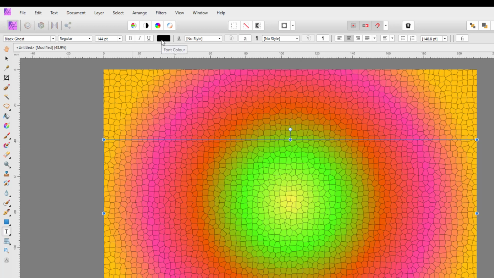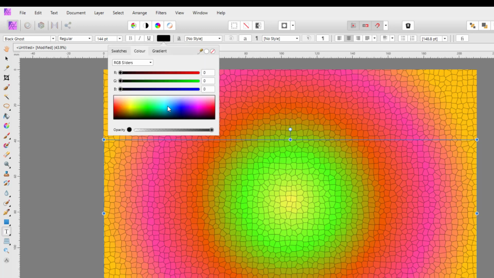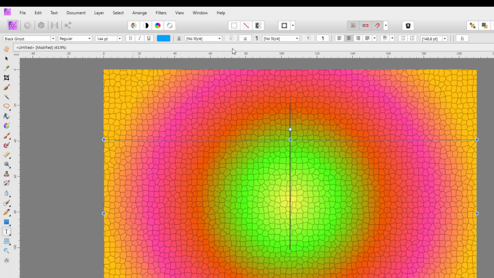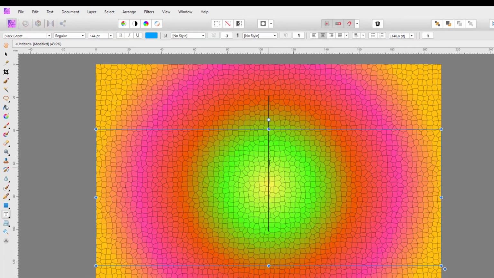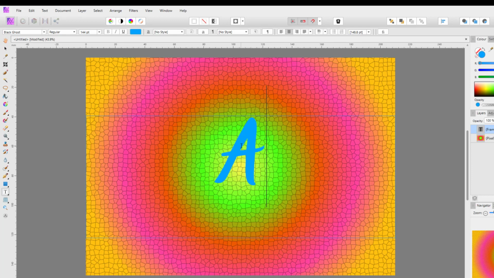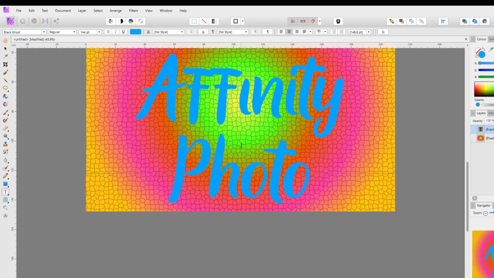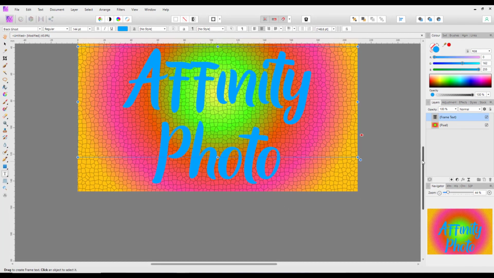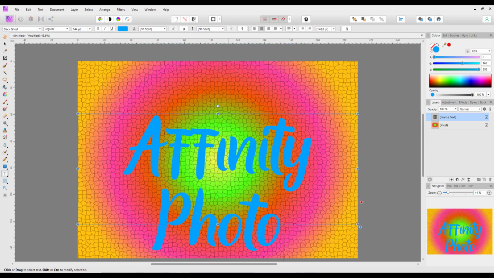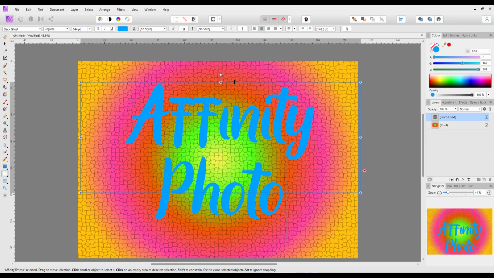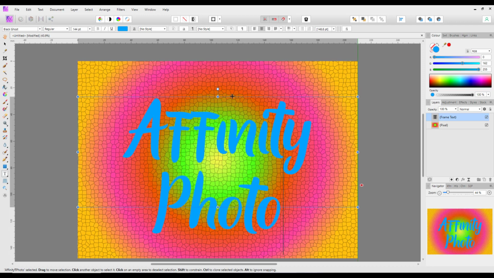And then it's just a case of a colour. And like I said, I want to make this a nice blue because I haven't got any blue in the background. So let's try that one. We can always change it a bit later. And then just start typing. There we go. And then it's just a case of moving this up and centering it. About something like that. And once you're happy,